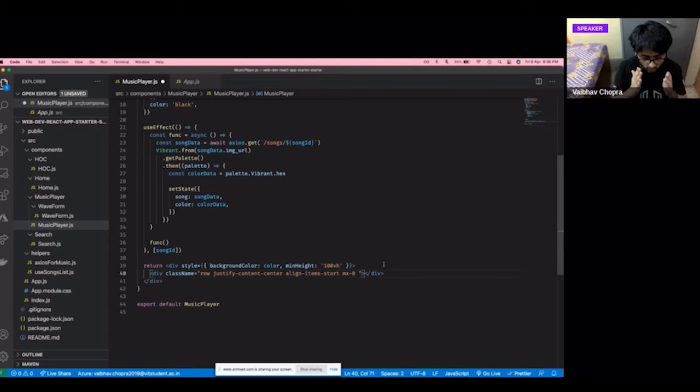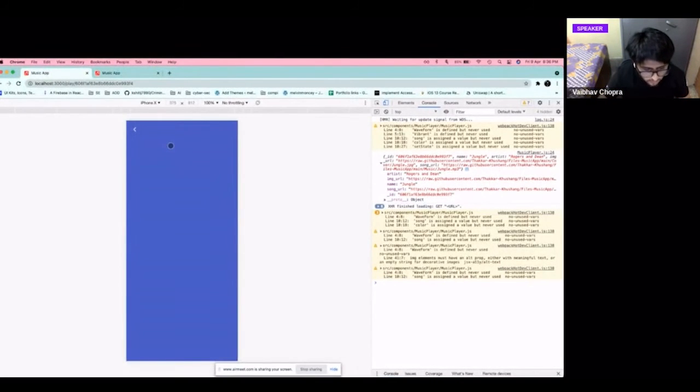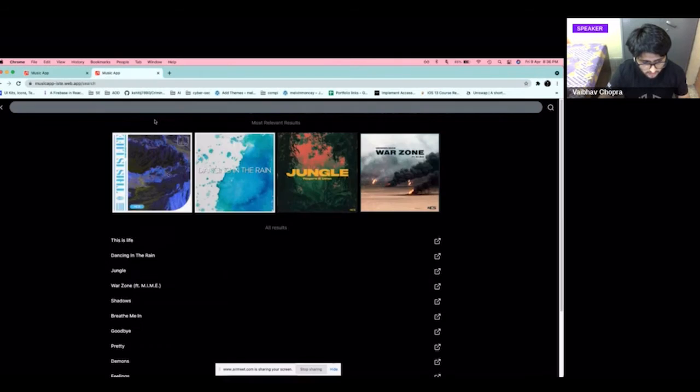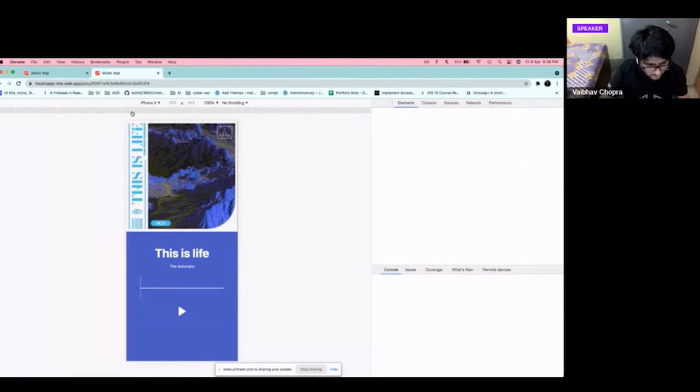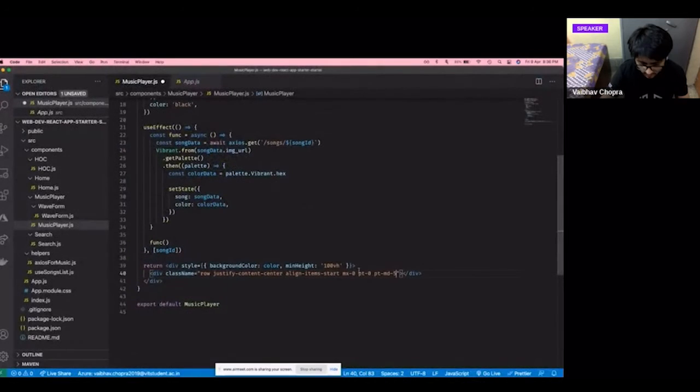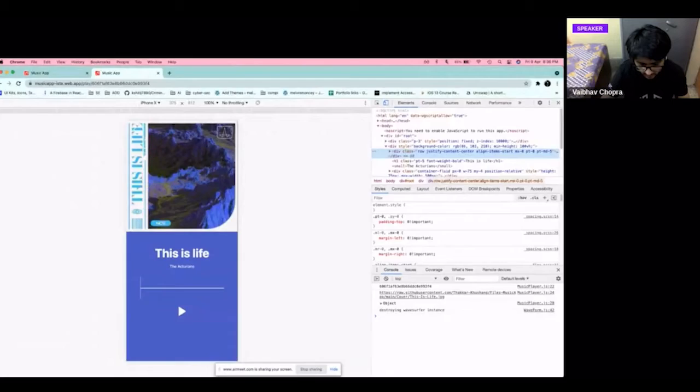I want no margin on the left and right. I want no padding in the left and the right. So I'm on the top. So I'm disabling that. But even on larger screens, I don't want any top padding in my phone, because if you look at the responsive viewport, I want the image to totally take this width. Like if you look at the final app, here I am having some top padding, right? Here there is some top padding, but if you look at the phone viewport, there is no top padding. So that's why there are these two classes. Padding top is 0 by default, but if you are on a screen size that is medium or above, I want some top padding.